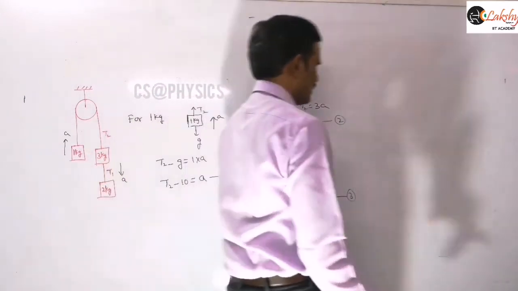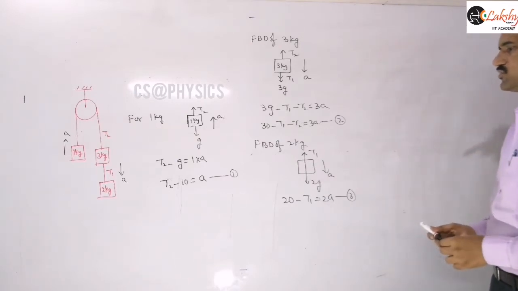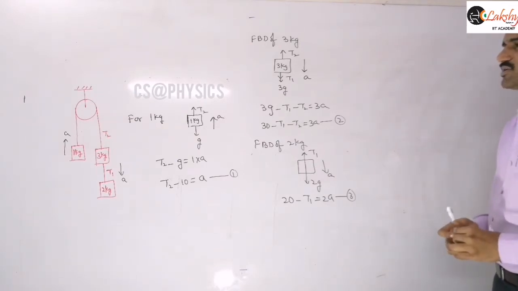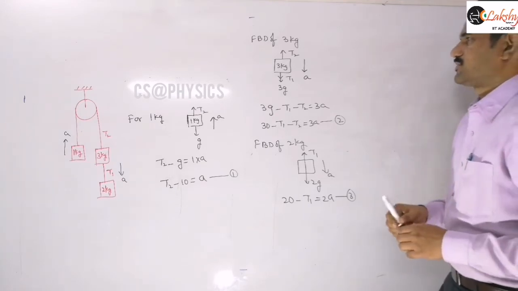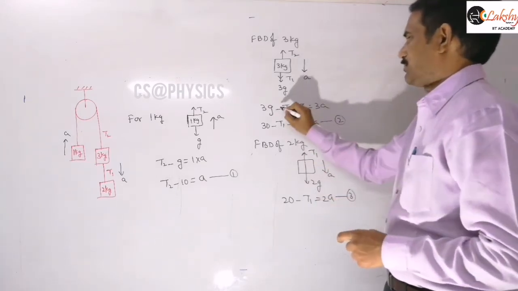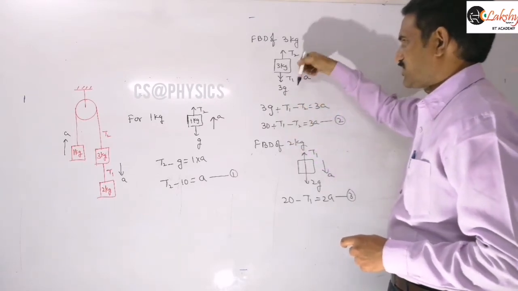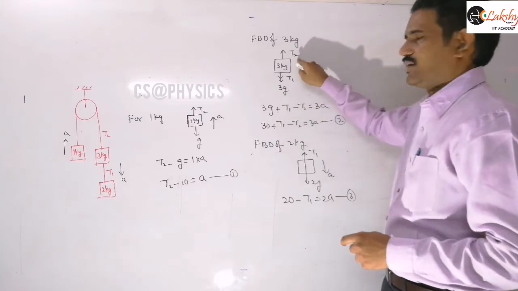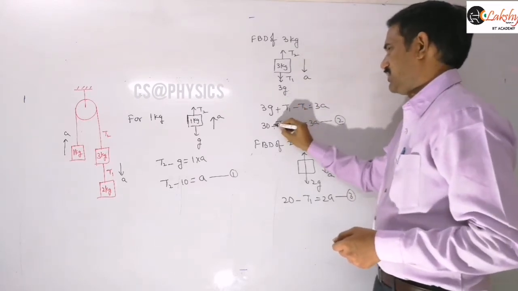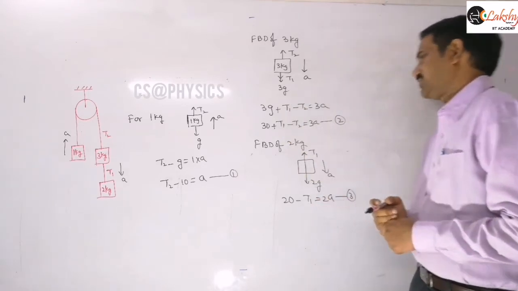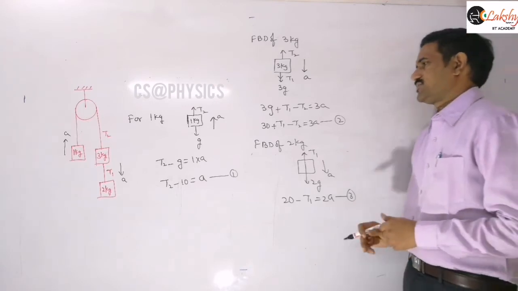Now let us simplify these equations. Those 3 equations are there. On simplifying those 3 equations, you will get an equation for this, plus here, because these two are acting in the downward direction, right? These two are pulling the system and this is opposing the system here. This is plus and plus, only T2 is opposing the system. Now we need to simplify those 3 equations to find the acceleration of the system.